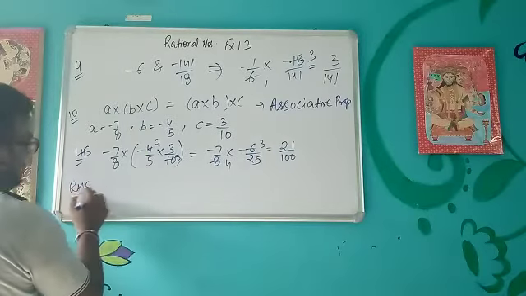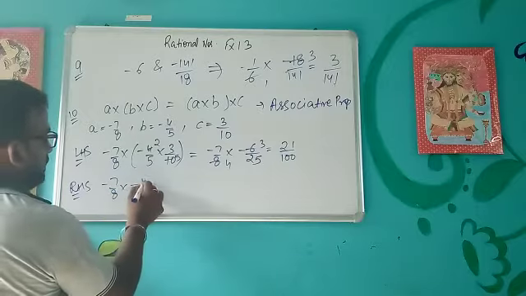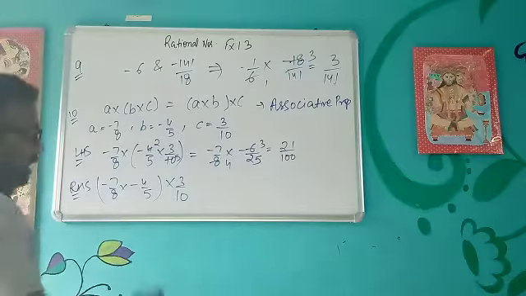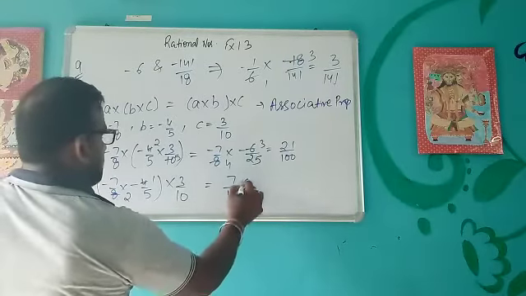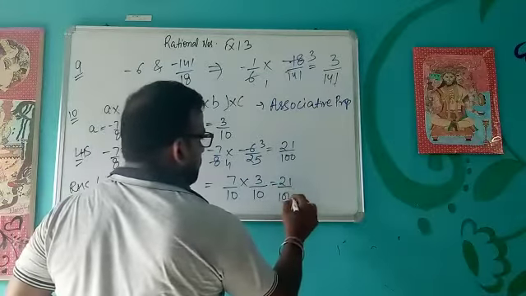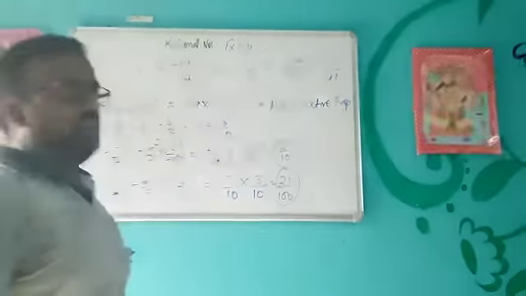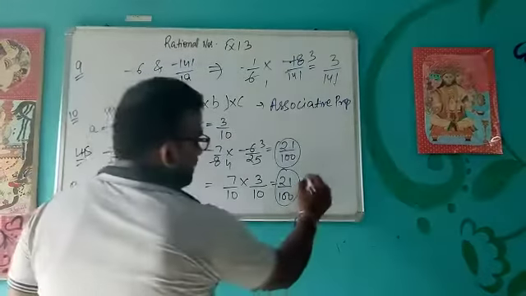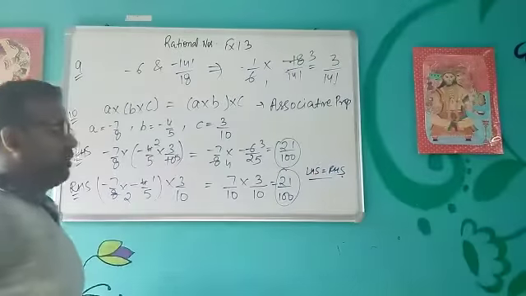Then we will find the RHS. This is our RHS. So minus 7 upon 8 into minus 4 upon 5 into 3 upon 10. Again 4 ones are 4, 4 into 2 is 8. So it becomes 7 upon 10 into 3 upon 10. So your answer is 21 upon 100. See, both the answers are the same. And actually this associative property always holds in the case of addition as well as multiplication, and we have seen this in this example. So we can say that our LHS is equal to RHS. So this is how we can solve or prove it.